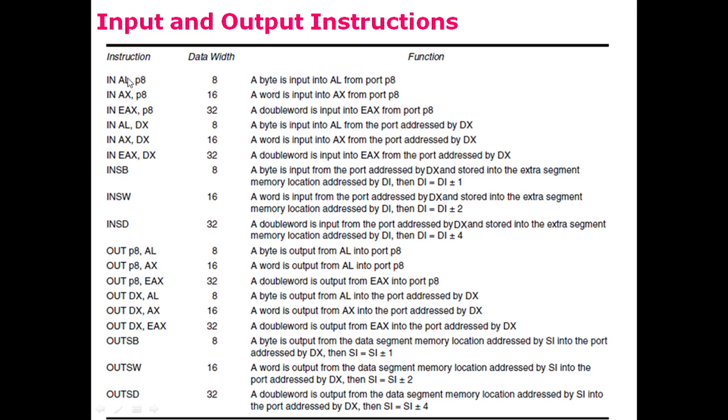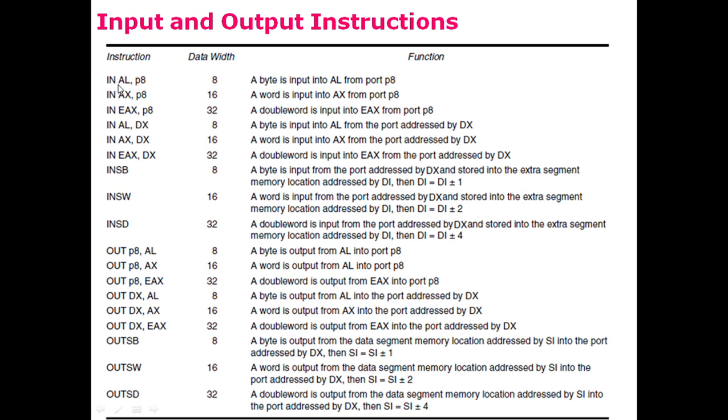On the left column, we have the instruction. This is the data width, that is the size of the data that it can transfer. And here is a brief explanation of each instruction. So IN AL, P8. This P8 is an 8-bit port, immediate port, and this instruction reads a byte of